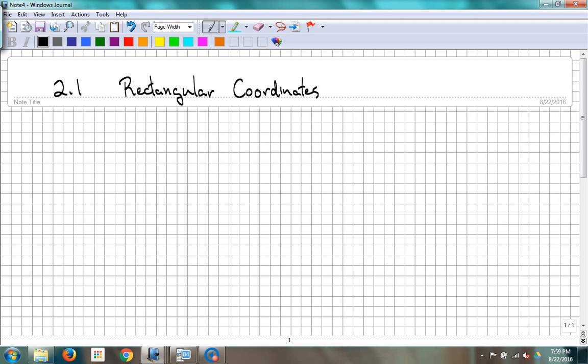Rectangular coordinates. So it's a little bit of graphing involved here with this stuff. Nothing too strenuous, but it's a little bit of graphing. And when we talk about graphing, we talk about ordered pairs, x comma y. We're seeing those. It's an x coordinate and a y coordinate, and we draw those ordered pairs. We plot them on